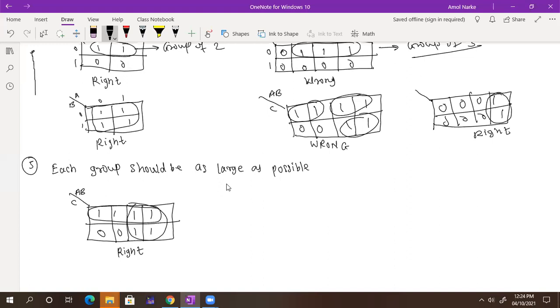Okay, that intersection is allowed, which we have already done in the previous one. Sir, in the same example where you have written right, can we also do it like this: in the first row take all the fours, all ones, and below there are two, so it will be a group? No. Why is it not? Because you have a chance to expand that group. Considering the two also, we don't have any other way to expand that. And see, what is important? You need to take all the ones here.